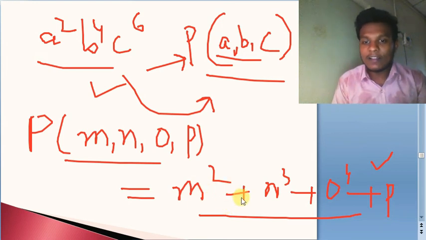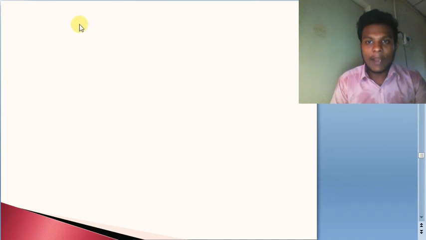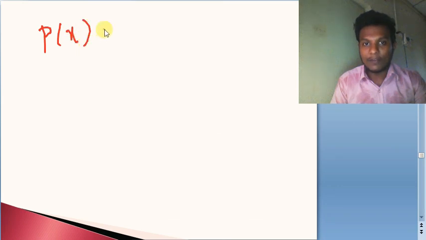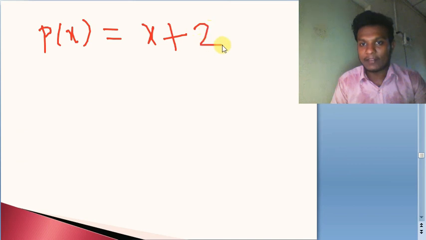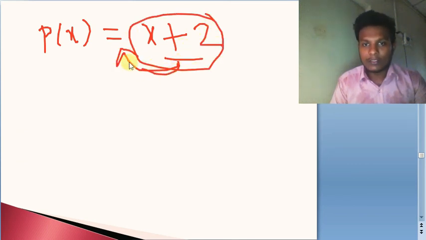Now once this is clear to you, it is very easy for us to find the value of the given polynomial. Let us see how. Before actually going into that, let me take an example. Let us say there is p of x. What variable will be involved? Only x will be there. Can I write x plus 2 as p of x? So this will be given to you as p of x.